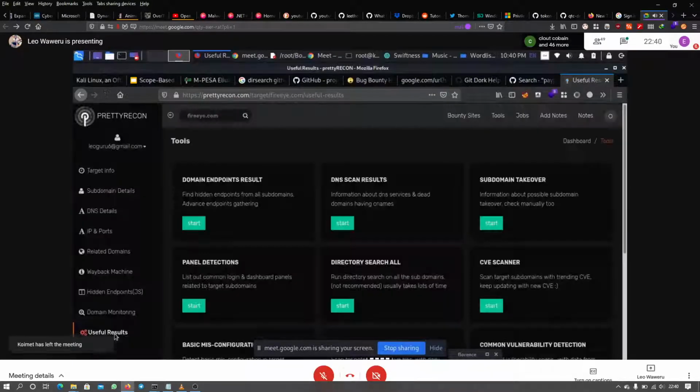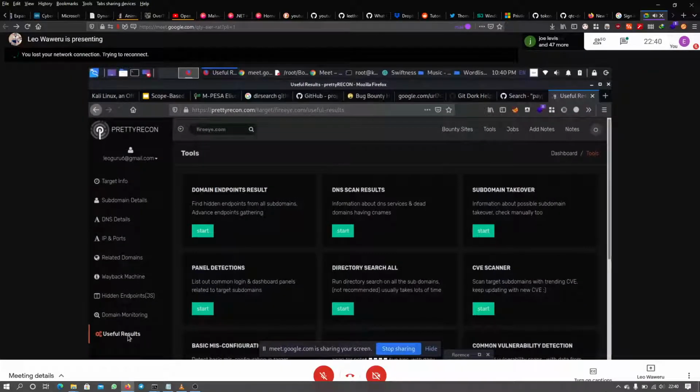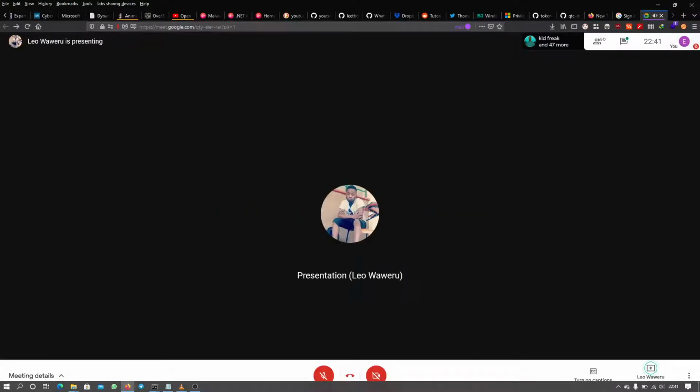So you see it queues the domain endpoints. This is for CSS files, file detection, CVE scanner. I think they use Nuclei or something like that. There's common vulnerability, file disclosure, basic. There's also monitoring, and it monitors all the time. And once there's a change,